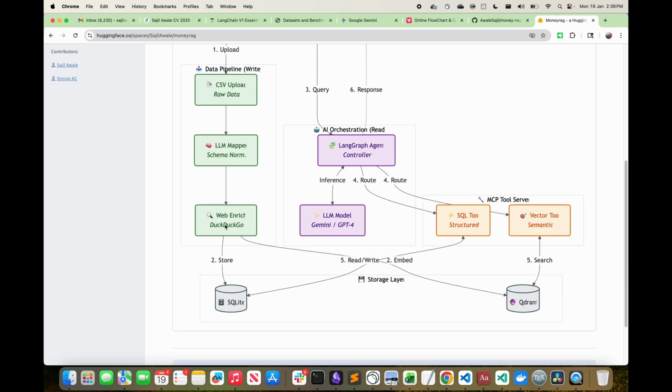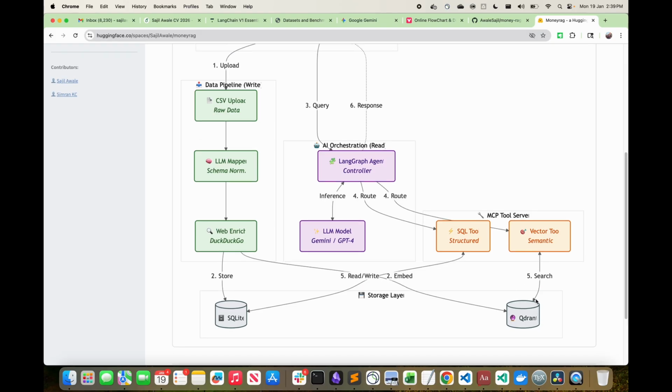We then store this information in a SQL database, and we also vectorize this enriched transaction information and store it in a vector database using Qdrant. Now we also have an MCP server with two different tools.